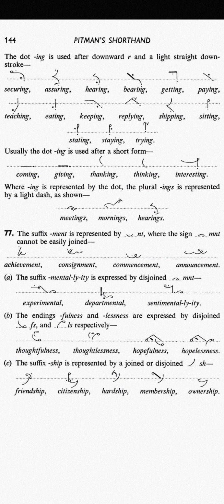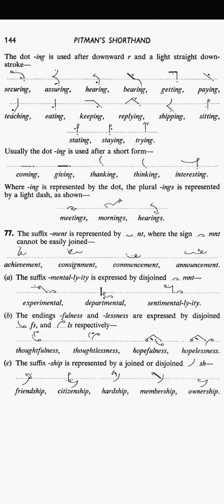It above the line with disjoint light dot is used here for the sake of thanking. Same outline for thinking on the line. N stroke doubled here for the sake of ter, with a circle with T on the line. Light dot is used here for the sake of ng. Interesting. Clear? Next is where ing is represented by the dot, the plural ings is represented by a light